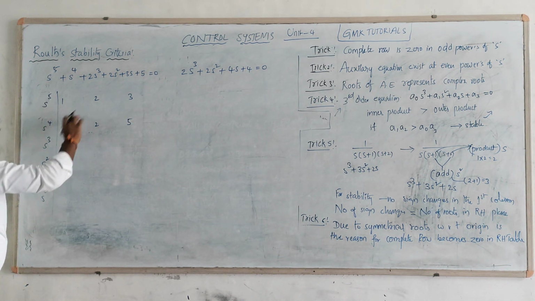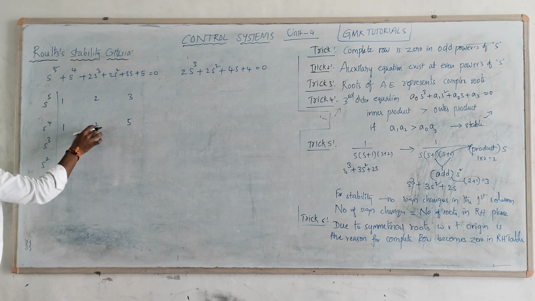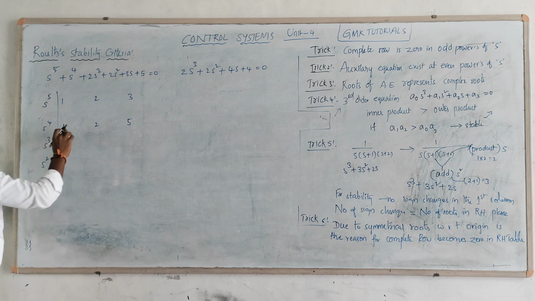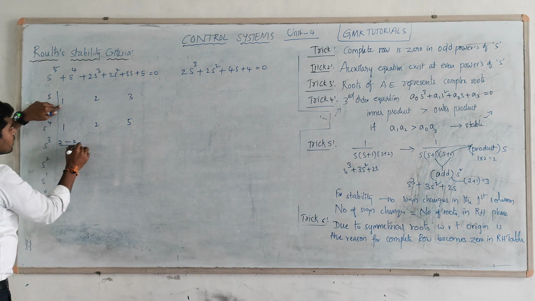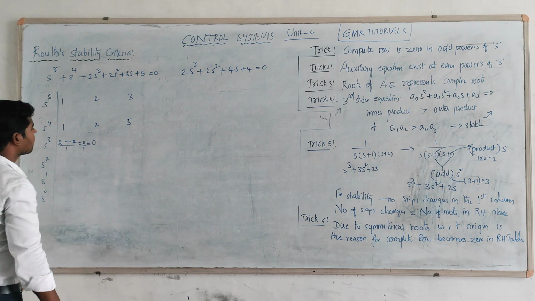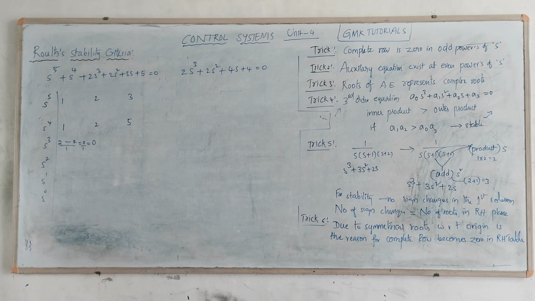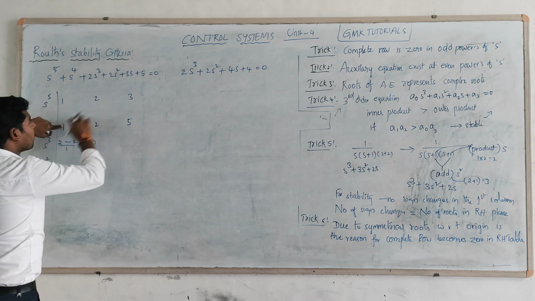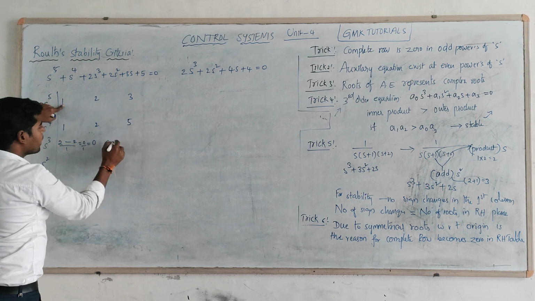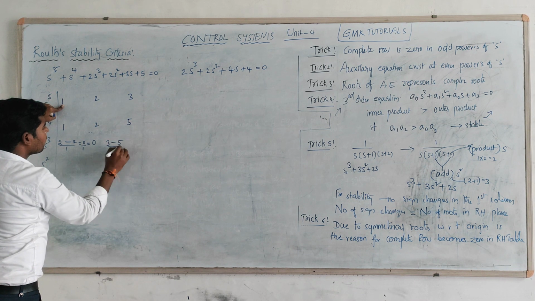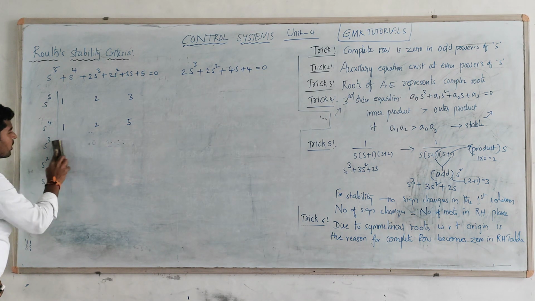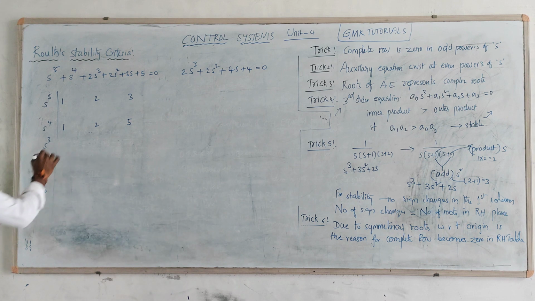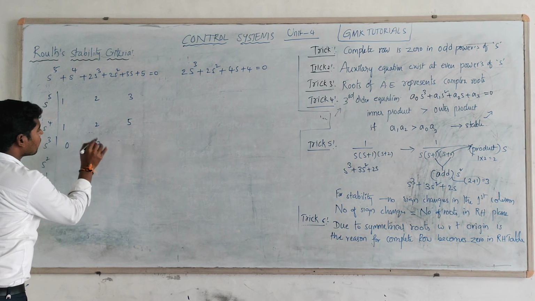Now, what is the general process? Multiplication of these two minus multiplication of these two, divided by 1. Therefore 1 into 2 minus 1 into 2 divided by 1 is 0 by 1, which is equal to 0. So here the problem is that one element is 0. Let's check the remaining values: 1 into 3 minus 1 into 5 divided by 1, that value is minus 2. I will replace those with the actual values, 0 and minus 2.